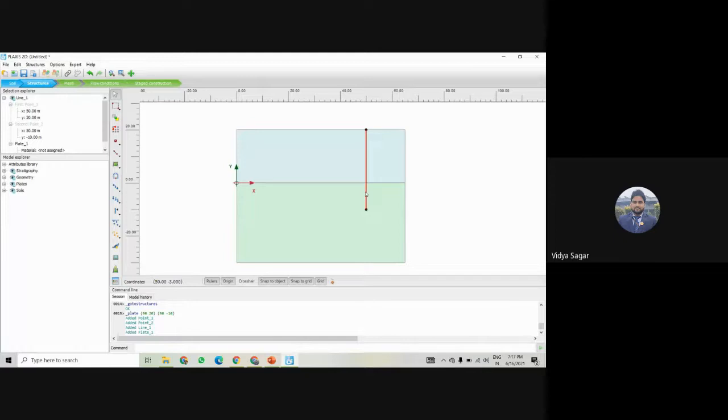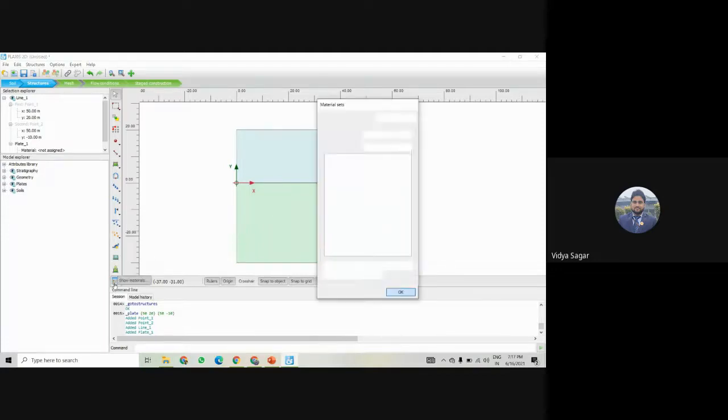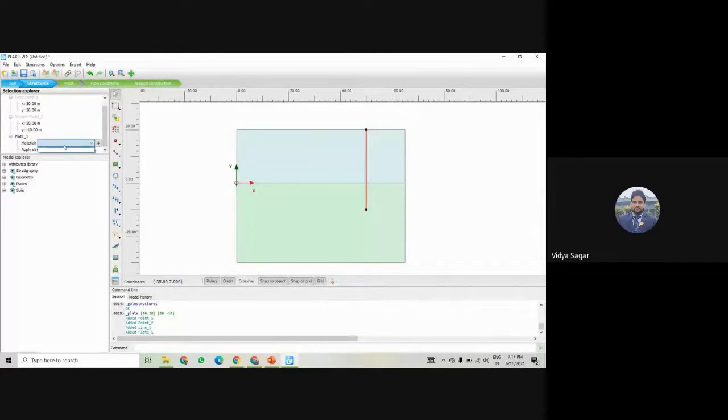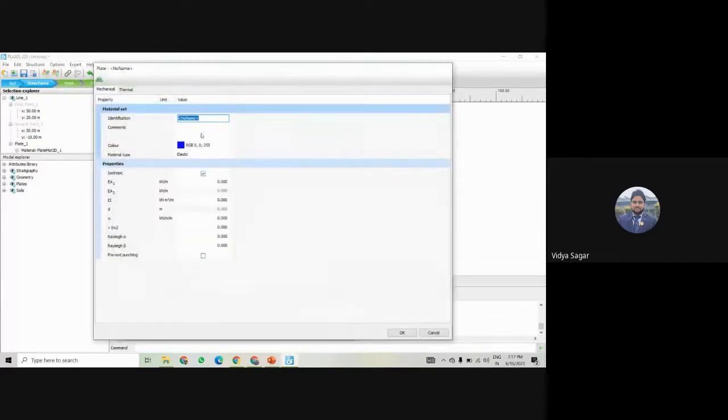Now I have to give this property also. So two options are there to create the property. One is from show material, I can create from here, or if I do not want to go there, directly I will check it from here and then click on the plus option, and directly this will come in front of us. So now here I can write the diaphragm wall.